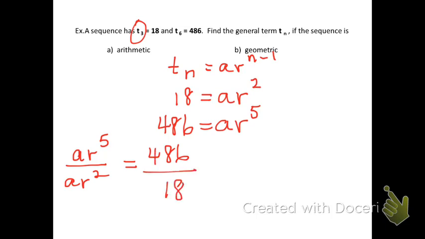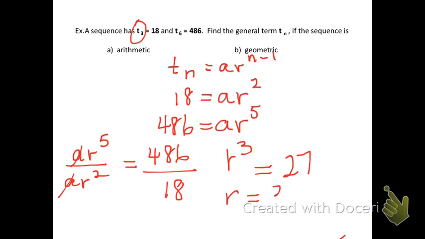And then this will simplify very nicely. These divide out, and we know what happens when we are dividing exponents, we subtract. So I have r to the power of 3 is equal to 27,